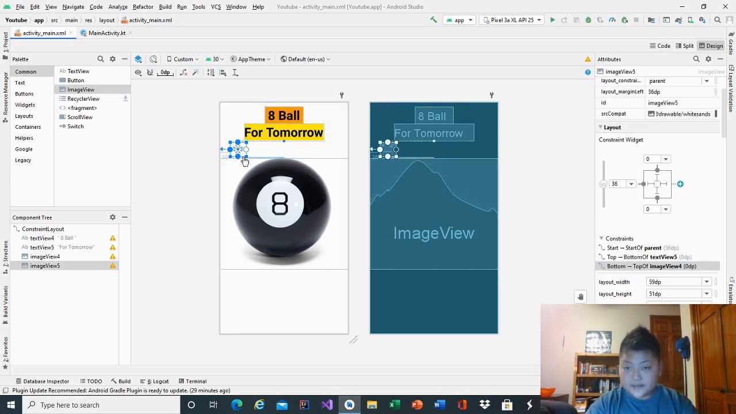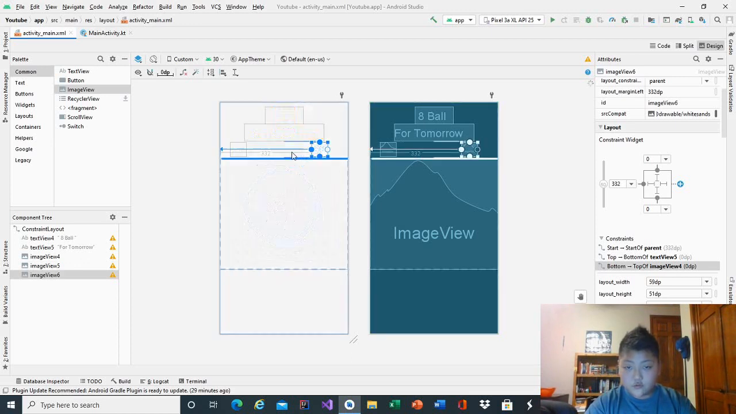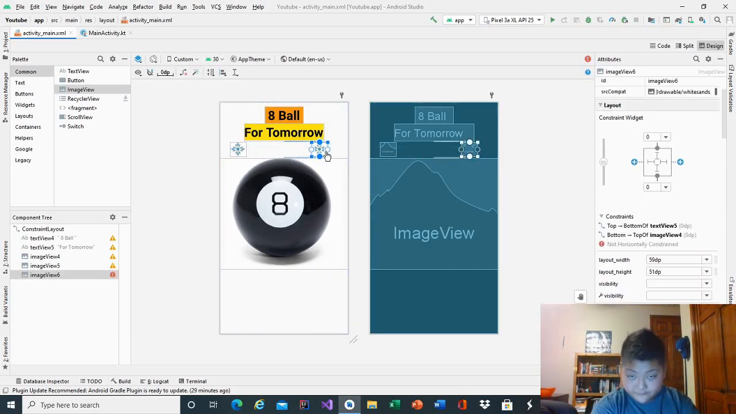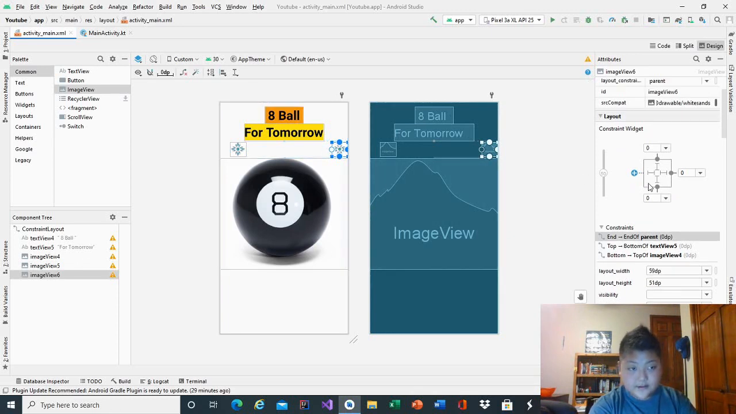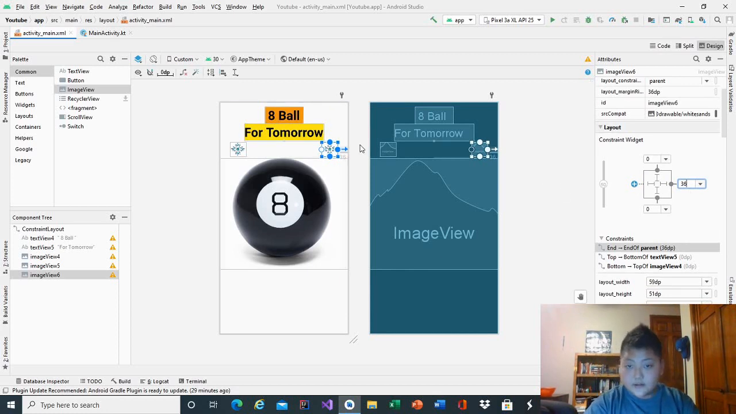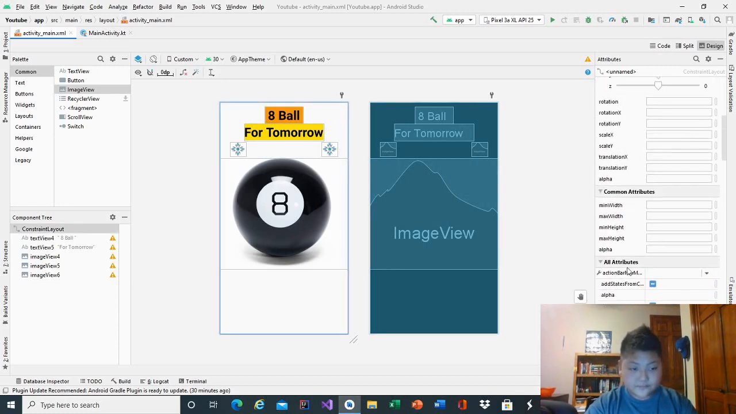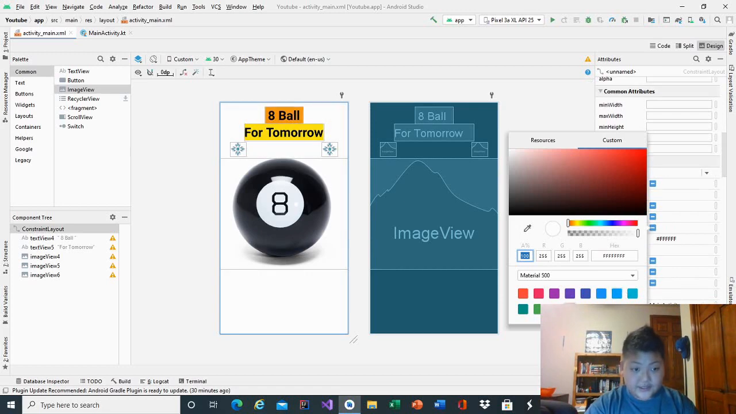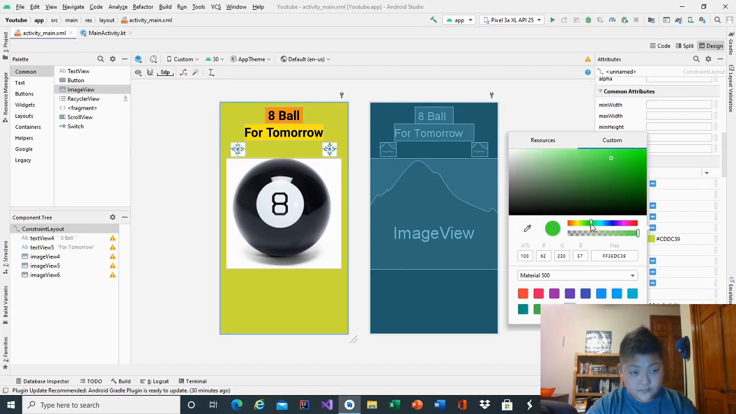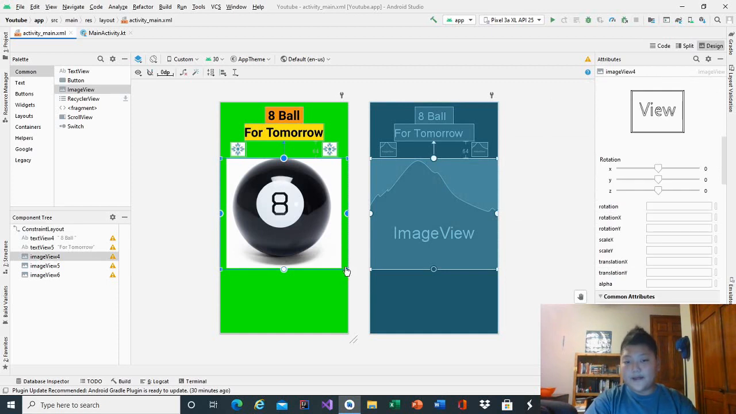We'll copy this image and paste it. We'll drag this one to the other side, and the same thing would be 36. It's now in the middle. We will go into the background for the parent and change it into a light green. This green will work perfect. After that,